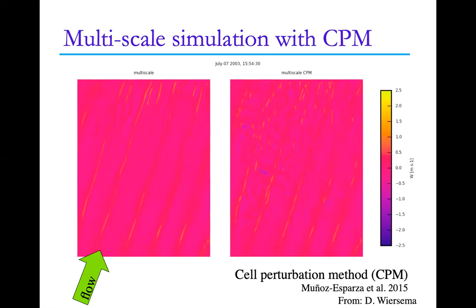And you can see it in the energy spectrum. It sort of fills in the finer scales faster. And in this example here, you see much finer structures at this point in the domain than compared to without the CPM. So we've tested it with different setups. A lot of the testing has been done with idealized simulations, and you see a very clear difference when you add CPM and when you don't. And we've been testing it recently over complex terrain to see how important it is to have CPM versus how much the topography can generate on its own, like how many fine scales can just the topography generate. And it seems like the CPM is helpful, but having fine resolution topography may be just as helpful.